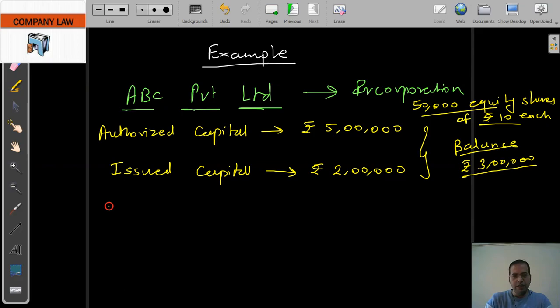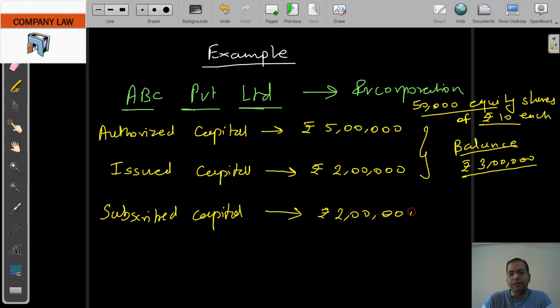So the company is coming up with 2 lakh rupees of the issued capital, on which the subscribers will subscribe. My subscribed capital may be more than this, it may be less than this, but at no point of time will the company issue more than this particular amount. The company will not allow the shareholders to subscribe beyond that. In case of oversubscription, there is a formula according to which shares can be allotted to the shareholders. Now let's assume that in our case my subscribed capital is rupees 2 lakh only. Whatever the company has issued, the shareholders have subscribed to it.